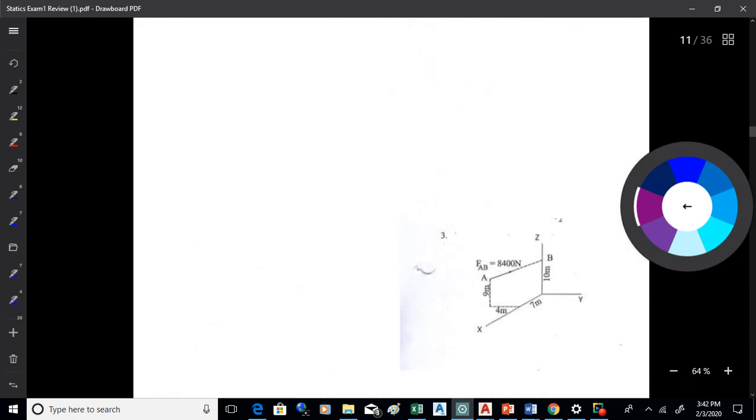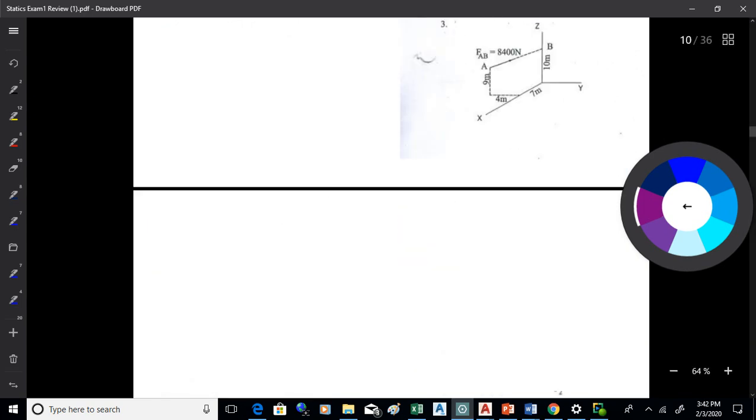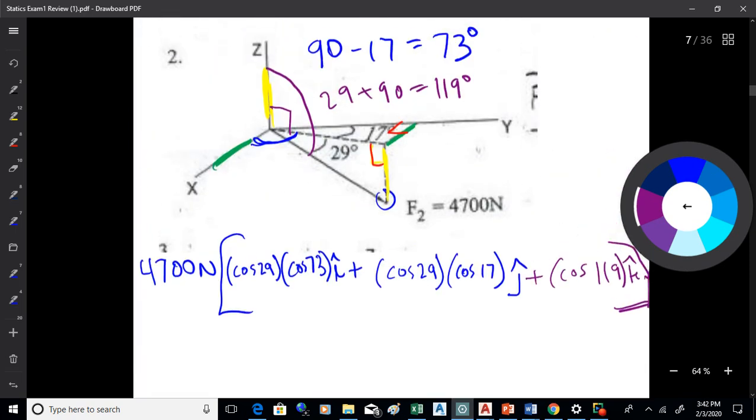Then we've got the one with the position vectors, and basically what you're working through there is, to go from A to C, you take RC minus RA, square root of the sum of the squares gets you the magnitude, divide through by the magnitude, you get the unit vector. Oh, I'm sorry, that's the one after. Here we go. For the force vector,